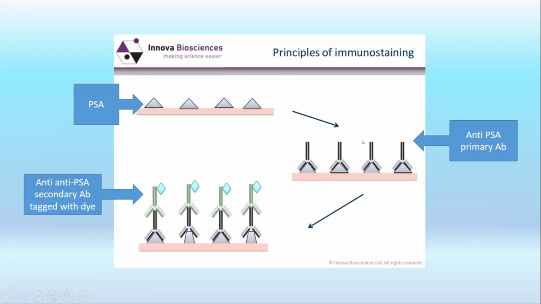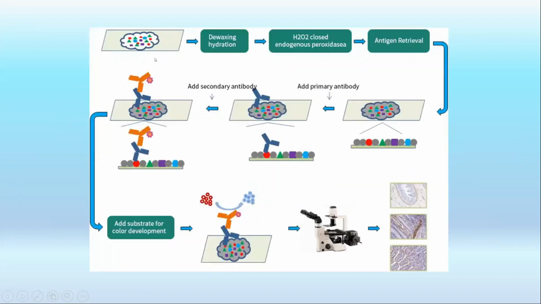What happens next? We apply a secondary antibody for this antibody. Most of the time, this antibody has enzymes or a chromogen attached to it. So the secondary antibody will identify the primary antibody and bind it. So basically, it's an indirect method. And then if the interaction is positive, you can see the stain. So we know now that this metastatic tumor is actually from the prostate. That's how we tell.